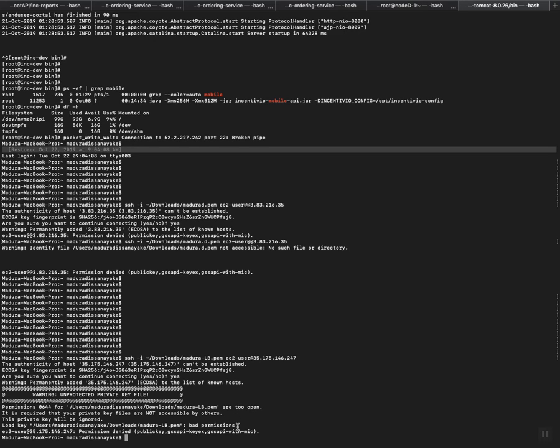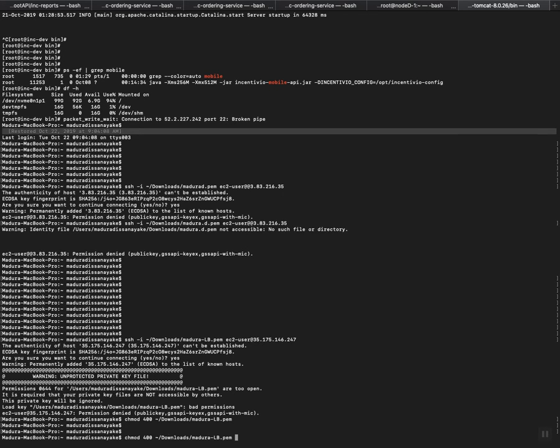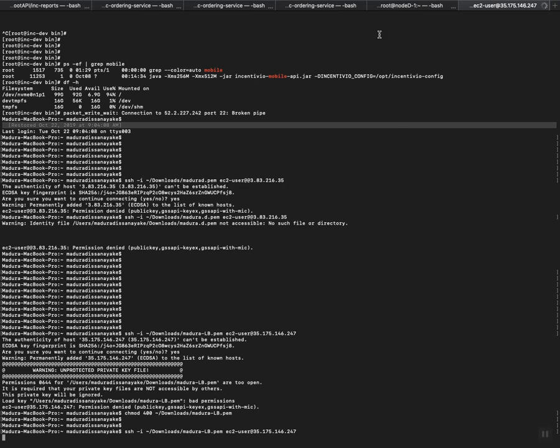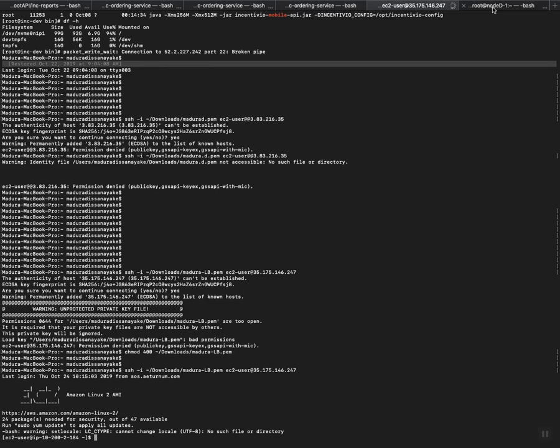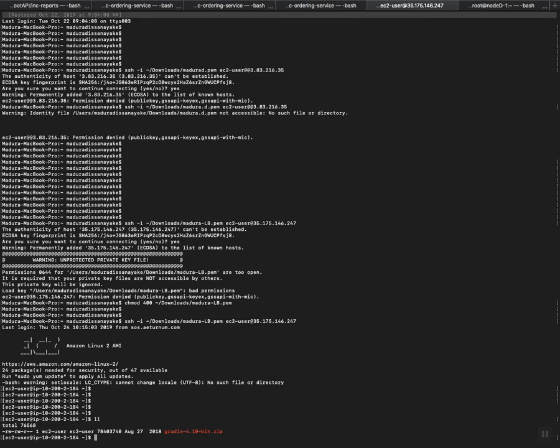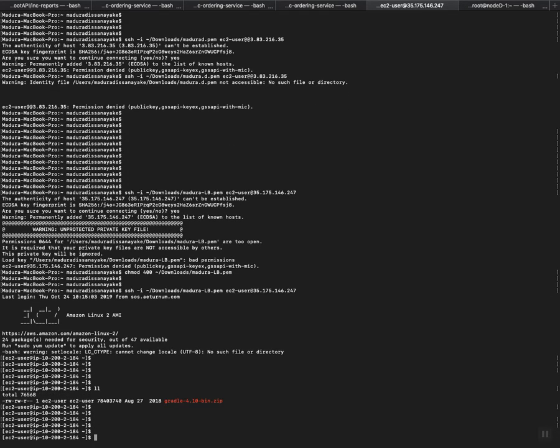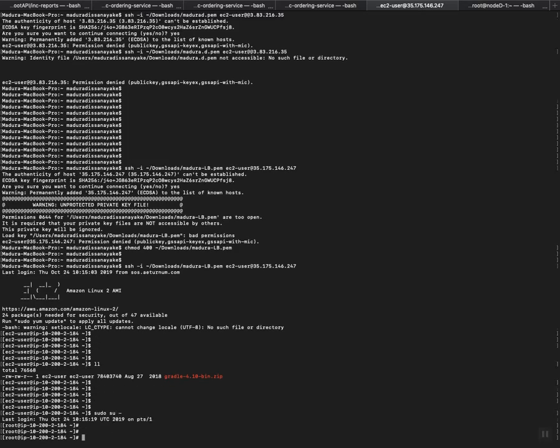Okay, you can see that a bad permission is here, right? You have to change your permission into 400. In that case, put a chmod 400. And I'm going to just log into that. Yeah, I just logged into my server and I'm going to install